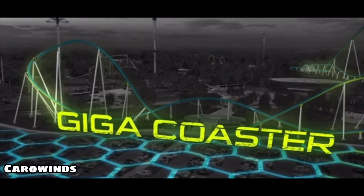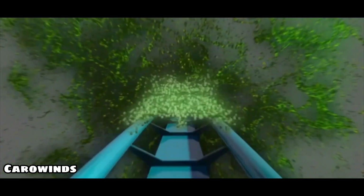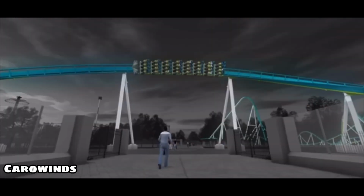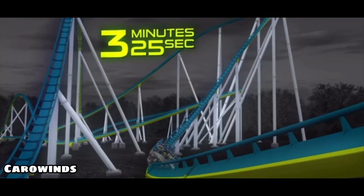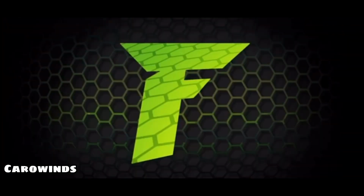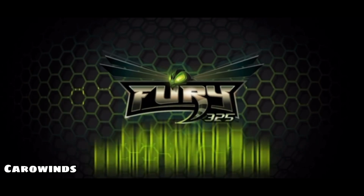Now, if you didn't count theming, this ride would have gotten a solid 28 out of 30, but we're going to count theming for this. So my overall assumption for this ride is that it will definitely be one of my favorite roller coasters of all time. I love B&Ms, and I love having a blast on roller coasters, and I just love the color scheme of this ride. I love pretty much everything about this ride, so this is definitely not overrated, and I think this is a